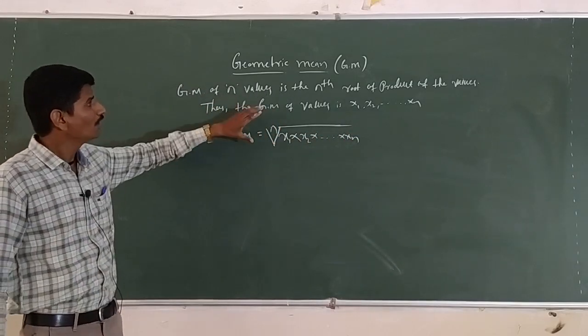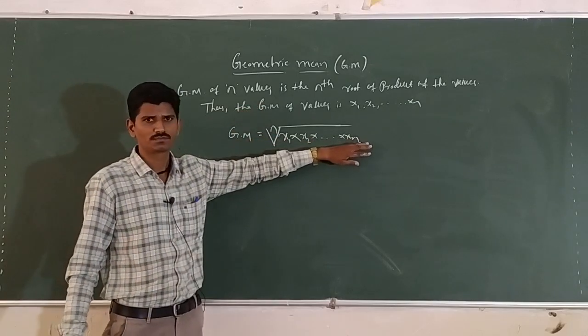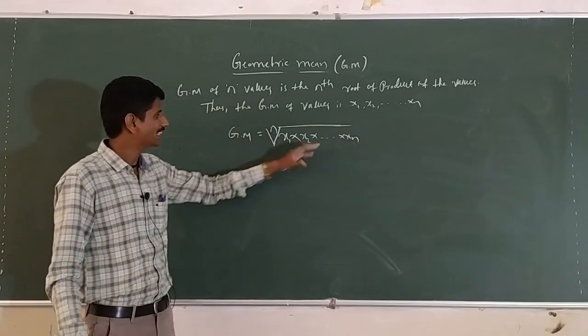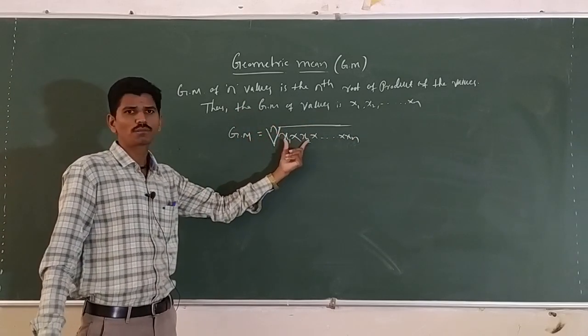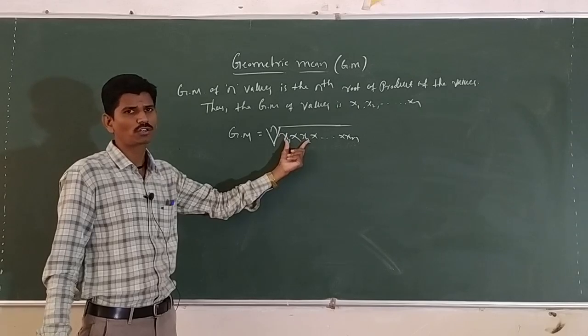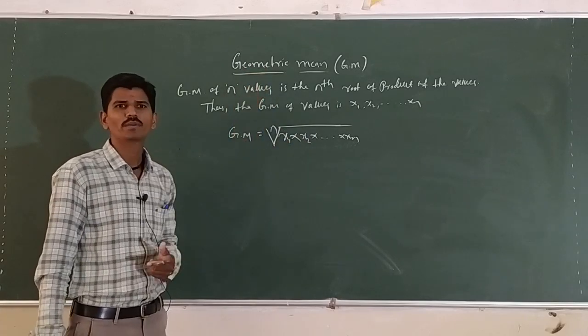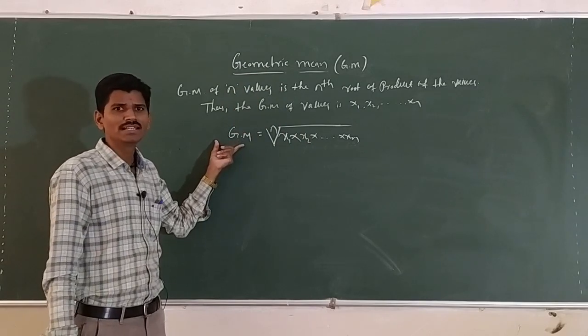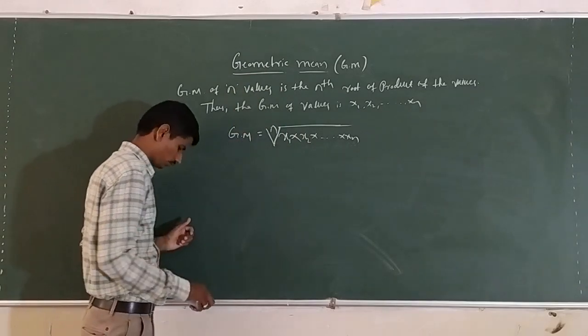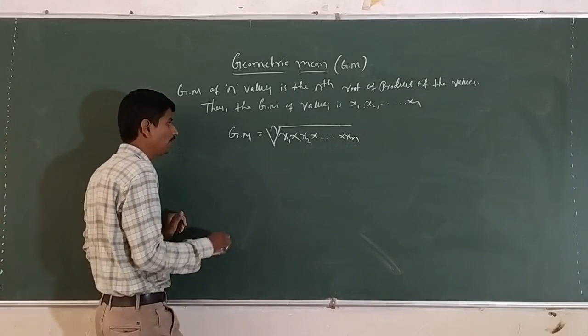What is the geometric mean? The geometric mean of n values is the nth root of the product of the values. The nth root of the product of the values is said to be a geometric mean. Here the geometric mean is denoted by GM. For example,